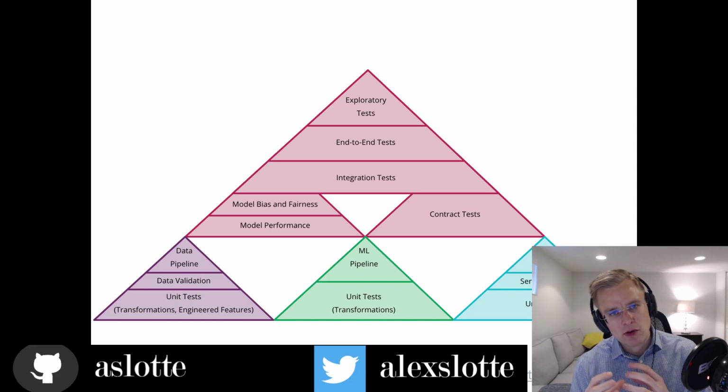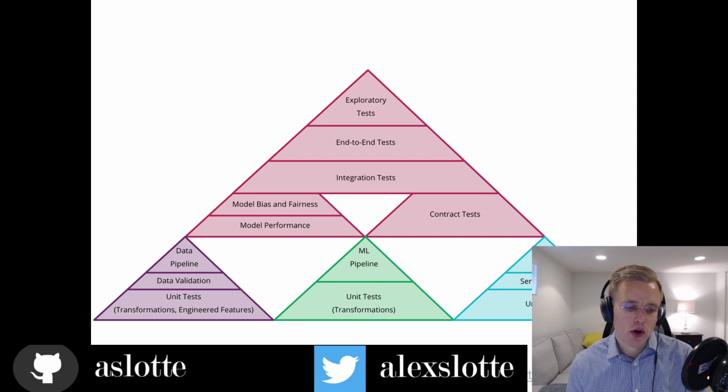If the data step is such a big part of our machine learning lifecycle, we want to make sure that the data coming into our modeling step is sanitized. I mean, if missing values is one thing that we're trying to clean up, we want to ensure that it doesn't have any missing values. We want to ensure that the cardinality in columns is correct. We want to make sure that our transformations and feature engineering is correct, and so forth. So we can have all these tests just to validate the data we train the model on is at least in a good state. Then we can go into the machine learning pipeline and we can look at unit tests